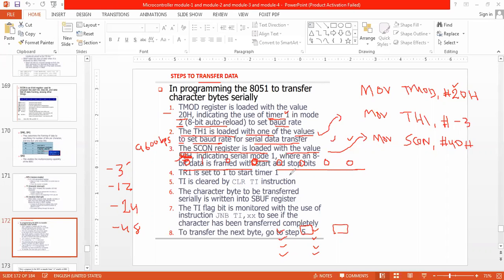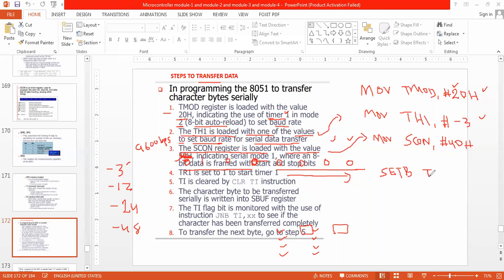Now what is step 4? Step 4 is TR1 is set to 1 to start the timer. Now the timer mode has been selected and data has been loaded, so what we have to do now is start Timer 1. What is the way of starting the timer? Set bit. Which TCON bit?